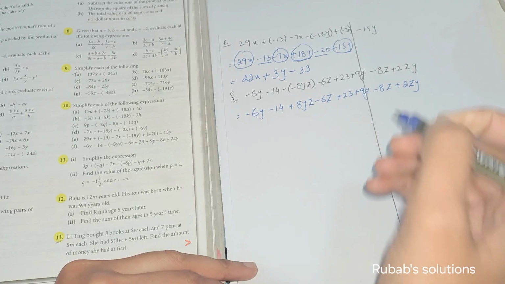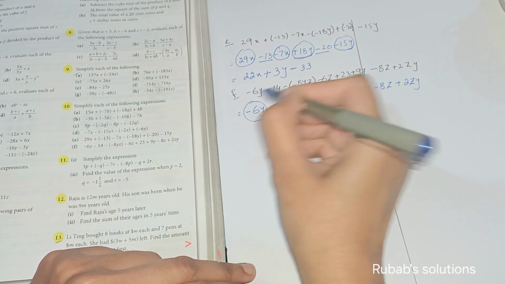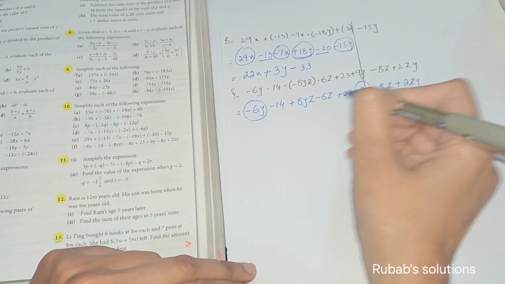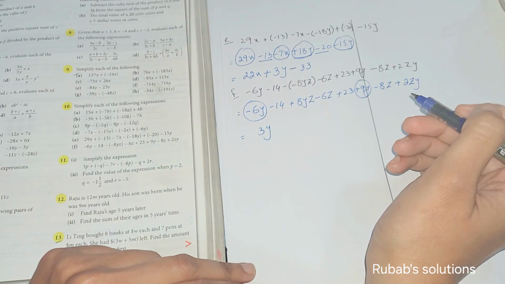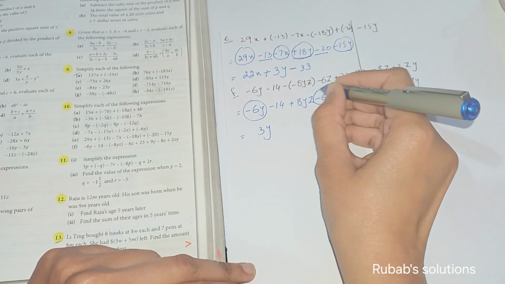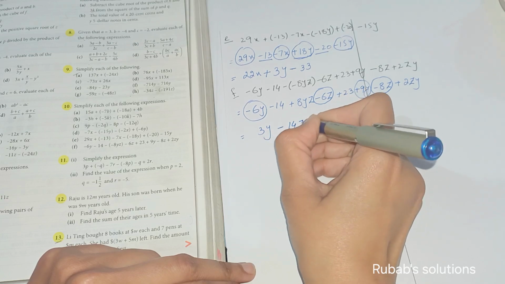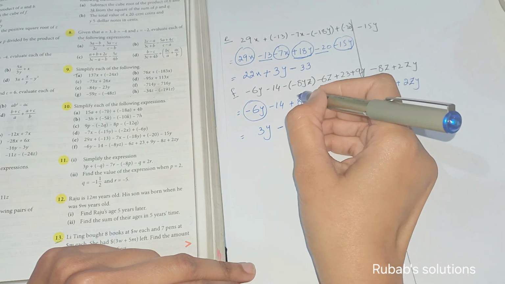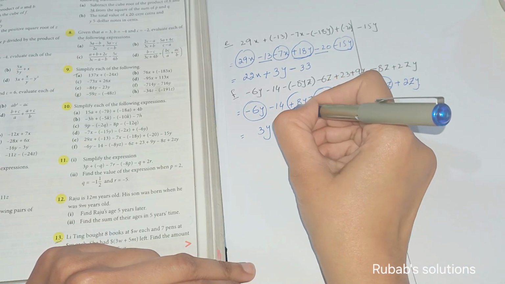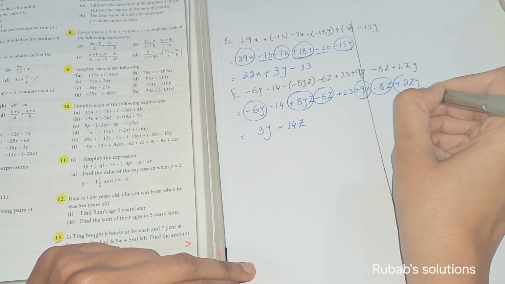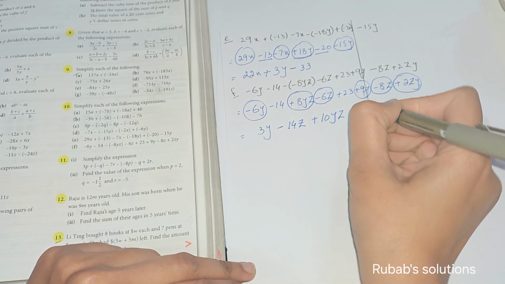First of all, I want to see the values of y. This is minus 6y and over here it is plus 9y. So minus and plus, it will be 3y. The next one is minus 6z and minus 8z. So it will be minus 14z. The next one is 8yz and from here zy. Zy and yz, they both are same. So 8yz, from here it is 2zy. So it will be 10yz or zy, whatever you want to write.